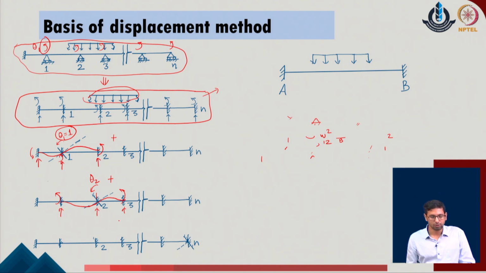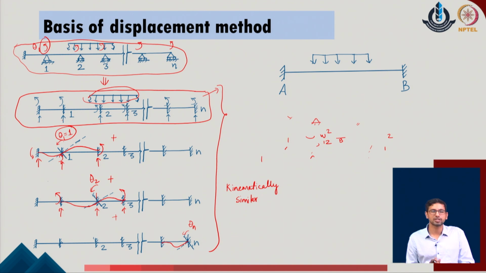Now, similarly, we do this process for all the n number of rotations which are available in the given system, and once we complete this process, we understand that all these systems, the n systems with the corresponding rotations being released and the system which is kinematically determinate, are equivalent to the original problem, at least in a kinematic manner. So, we say that these systems are kinematically similar to the original problem which is defined to us.